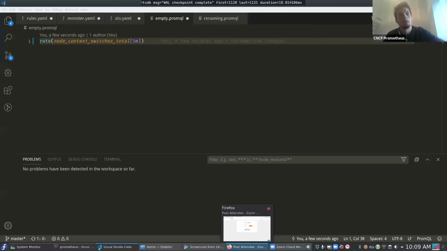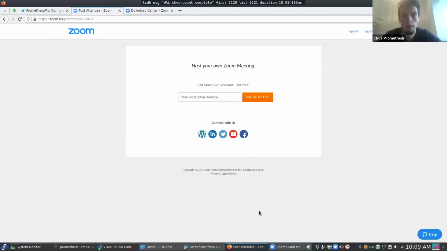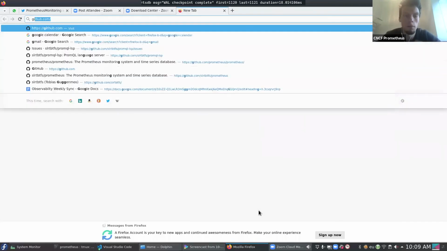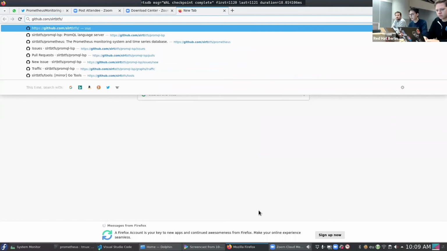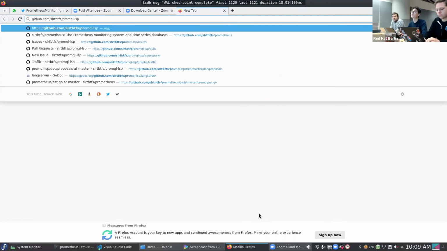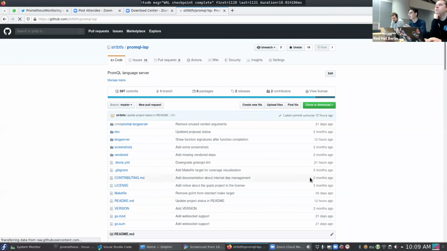So I have a question. Yeah. So if I want to actually play with it, is there any documentation on how to set it up locally, how to test it? Yeah, so at the moment it's a bit complicated. In the future there will be just a VS Code extension you can install from the store. That's not yet the case, because it isn't in a state yet where I want everybody to install it and then notice, oh, it still has a lot of bugs, I'm not going to use it. So it's not stable enough for that. But there's this GitHub page for it,